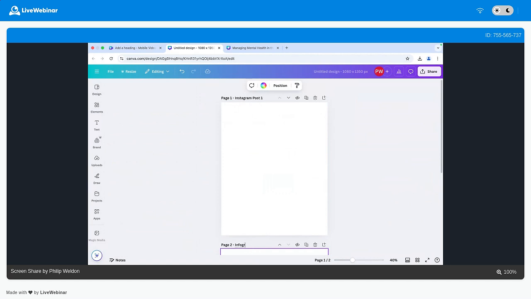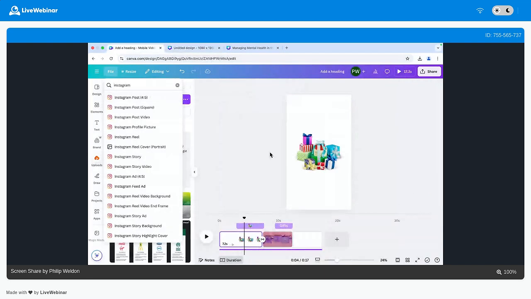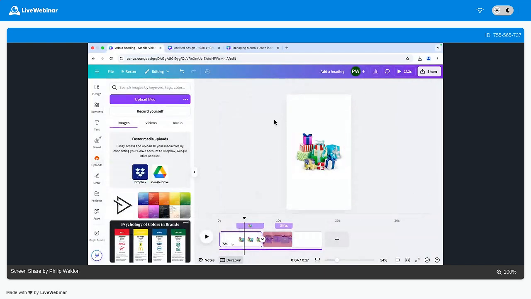Infographic 1, and so on. When we export these designs, if we were to export them all together as JPEGs or as PNGs, they'll be zipped up, and then they will be saved as JPEGs in that zip file, but the names will be applied accordingly. Likewise, with our video, if we wanted to rename our individual scenes and so on,